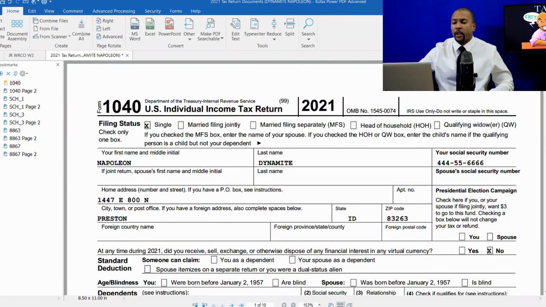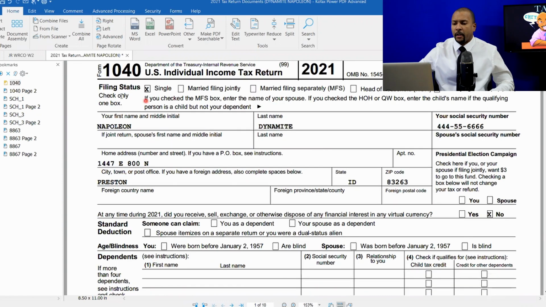So in the scenario that we looked at in the last video, we had a recent college grad who earned $50,000 via W-2. They paid some student loan interest as well as all of their tuition. So let's head over to the computer and look at their tax return and see what income, adjustments, credits, and everything all show up. Okay, so what we have on the screen is a Form 2021-1040